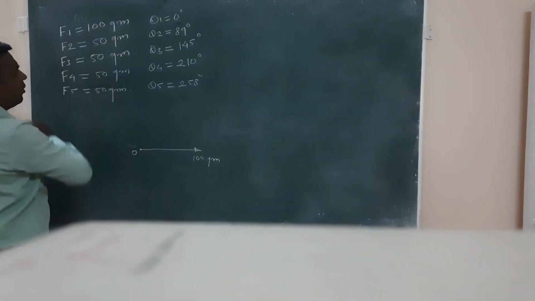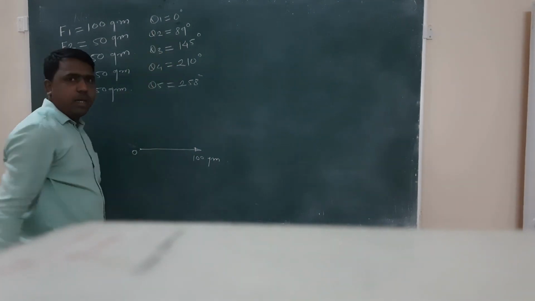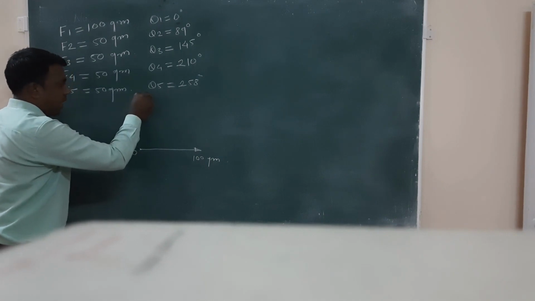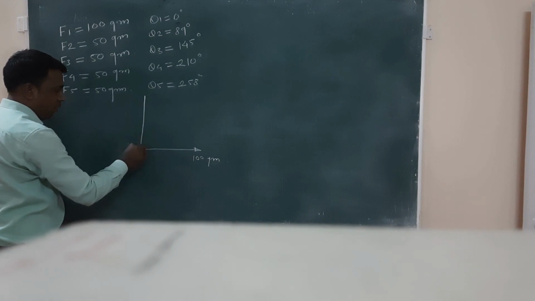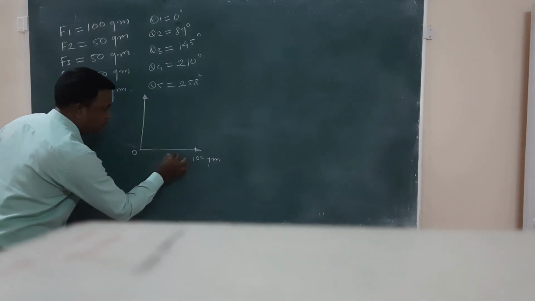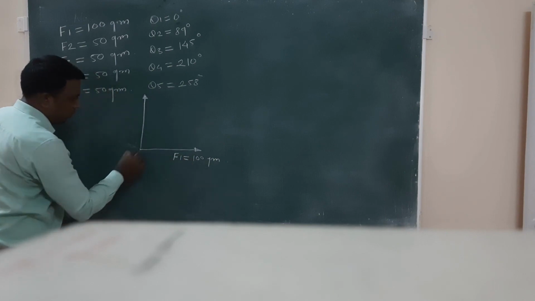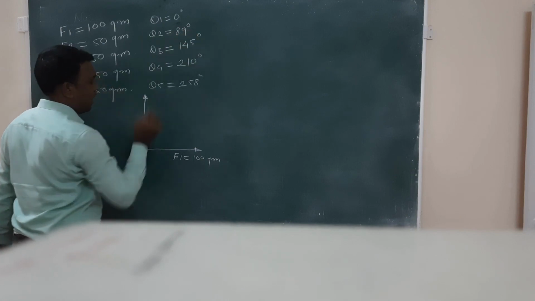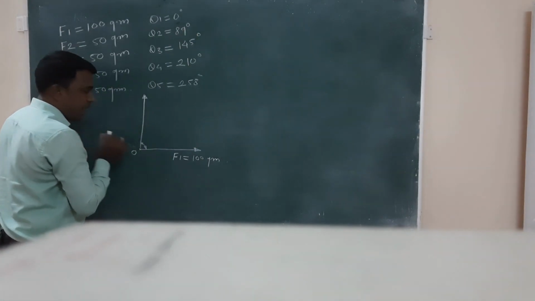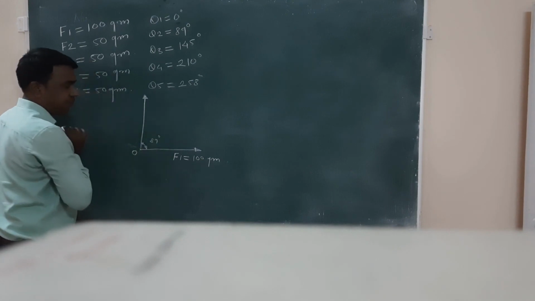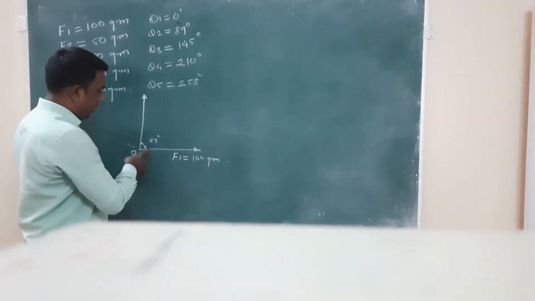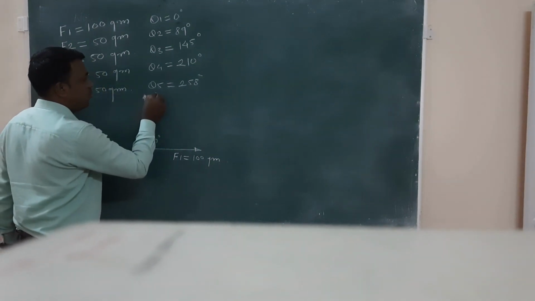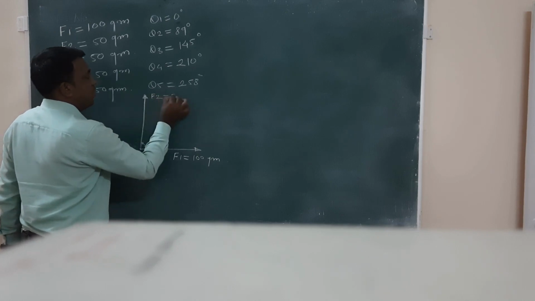Then the next force is 50 gram which is acting at an angle of 89 degree. So show the next force of 50 gram acting at an angle of 89 degree. So draw the second line showing the force F2. This is our force F1. What is the angle between the forces? So here the angle is 89. So the angle between these two lines is 89 degree. So you should draw the line such that the angle between the two lines is 89 degree. And this is our F2, which is given as 50 gram.